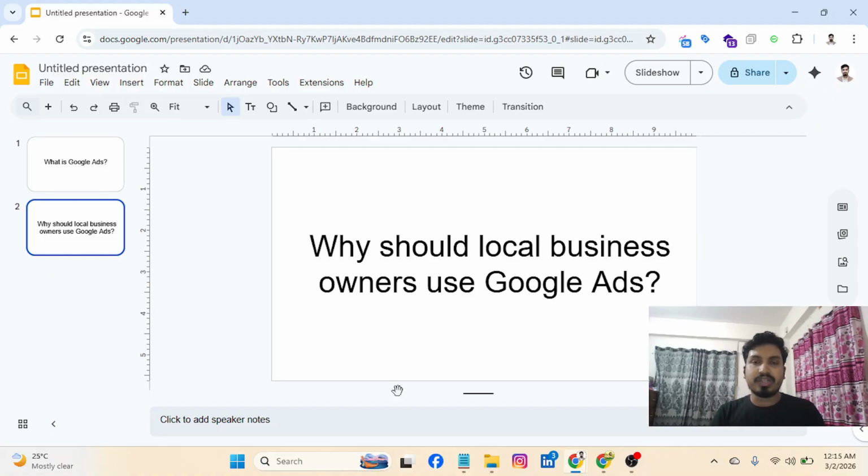So Google Ads works on that. At the top of the search, Google Ads brings your website to those types of customers who are searching for your services or products.